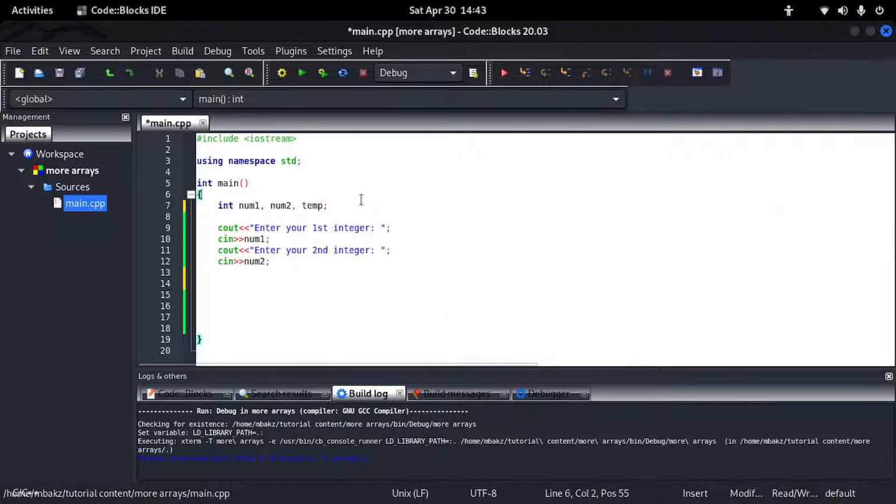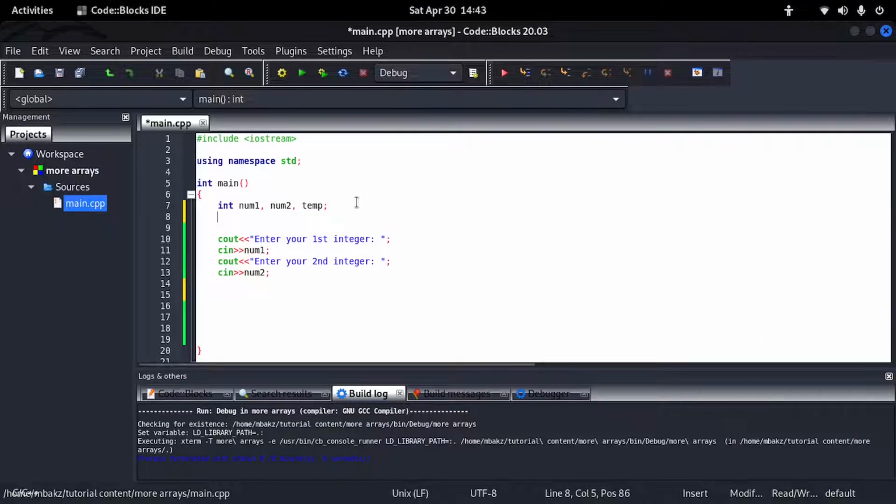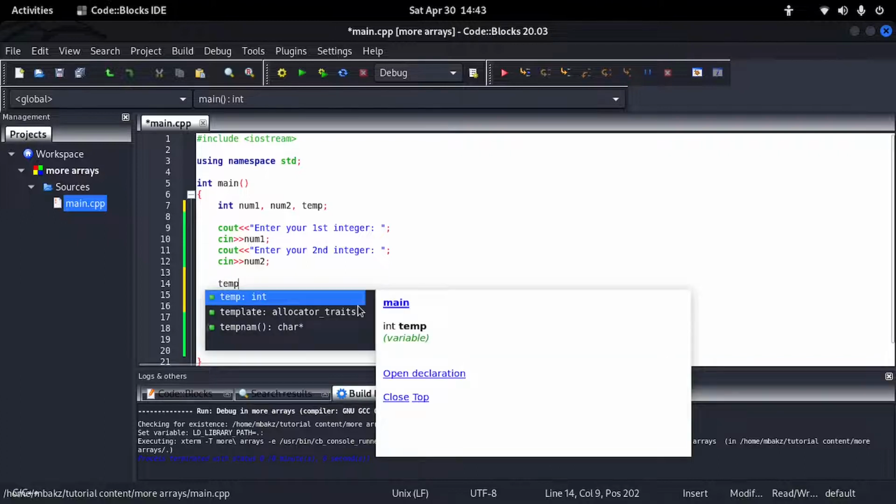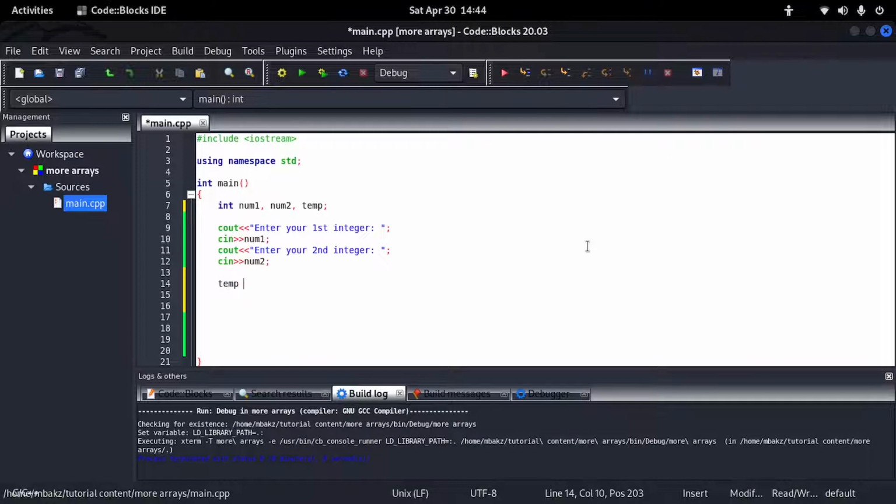You can introduce it below here, or just declare it right after number 2 and say temporary variable. So this temporary variable is going to work, in my example, as a table where you're going to put your items so that you can swap the items in your two hands. So we can say temp is equal to